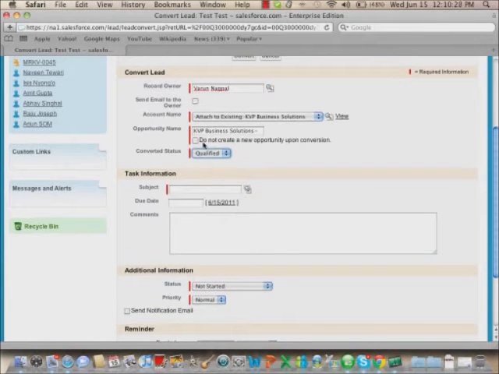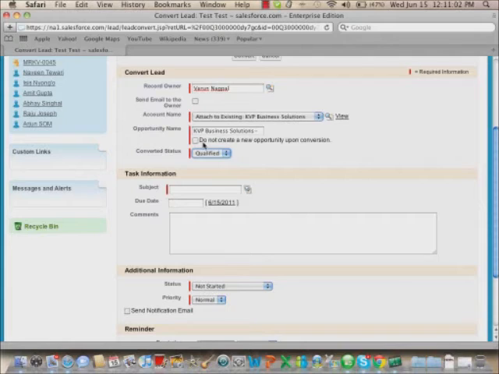Right? So you see this checkbox here, do not create an opportunity upon conversion. So what this does is, sometimes you might have about 4-5 individuals to whom you're speaking within one company, right? And all of these are for one lead, one opportunity basically, right? So you might have created 4-5 leads in the system, but you don't want to create 4-5 opportunities because it's basically one opportunity. So you can actually click on this for all the other 3 and just keep one opportunity in the system, so it doesn't create 4 duplicate opportunities inside.